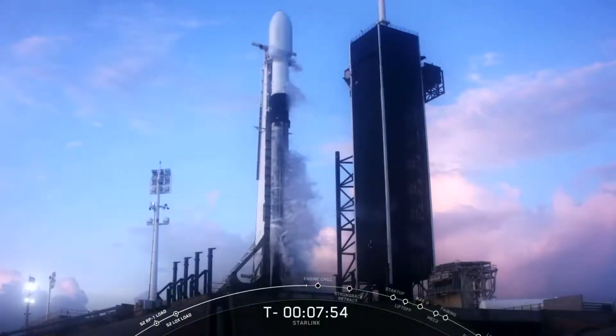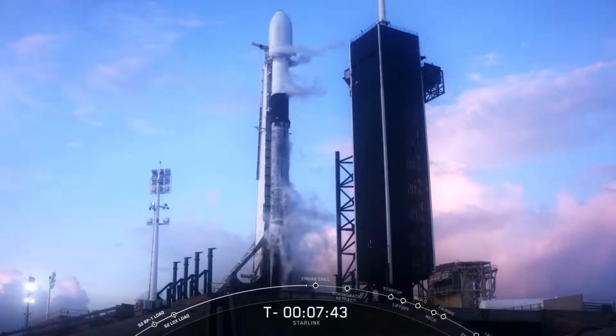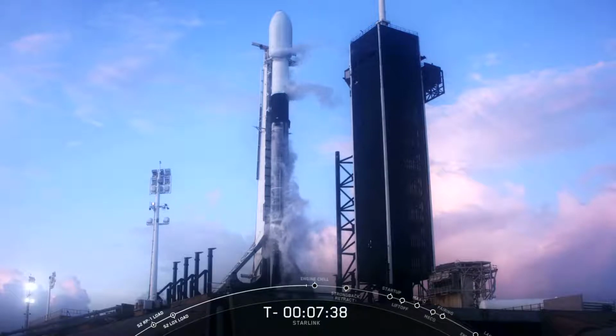Now, our first stage is designed to be reflown 10 or more times with minimal refurbishment between flights. It'll actually be the 15th time this year that we're flying a flight-proven booster and the 43rd time that we're doing so to date. Atop the first stage is the black carbon fiber interstage, and on top of that is